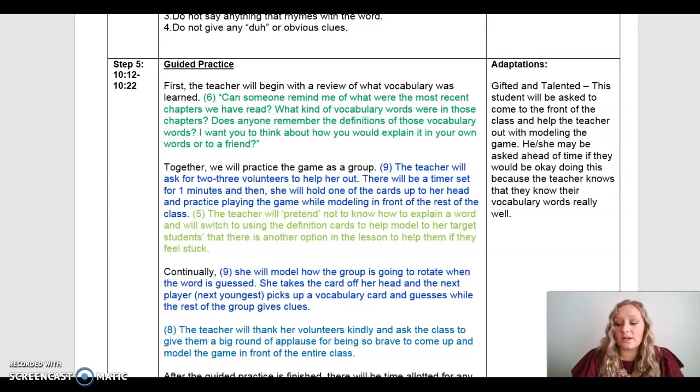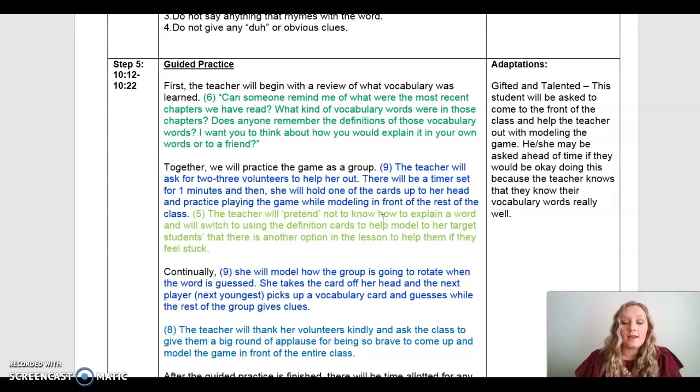And then once again, models the strategy, engage students in learning. The teacher will ask for 2 to 3 volunteers to help her out. There's a timer going to be set, and I'm going to hold one of the cards on my head to practice playing the game while modeling in front of the rest of the class. So therefore, I'm demonstrating and engaging students in that